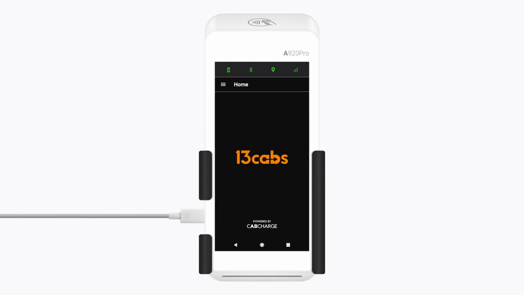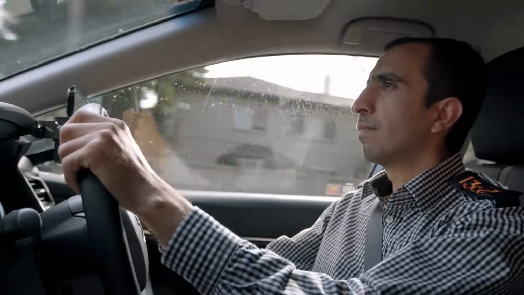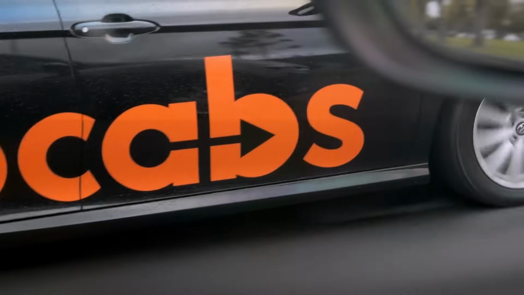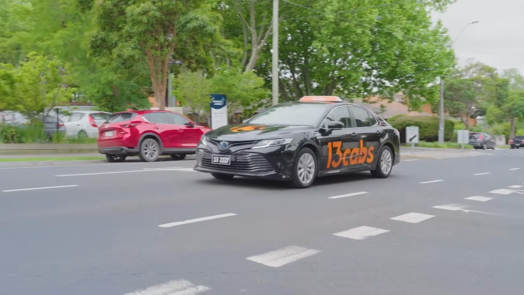When the terminal is sitting in its cradle, you should keep it plugged in to ensure it's always charged. The charging port can be found on the left side of the terminal and uses magnets to easily connect. With automatic detection of card type, the payment experience is simplified and faster with less room for human error, allowing you to move on to the next trip.